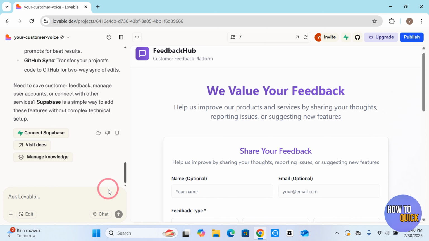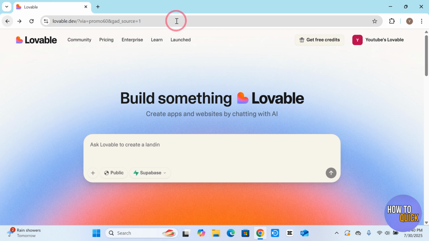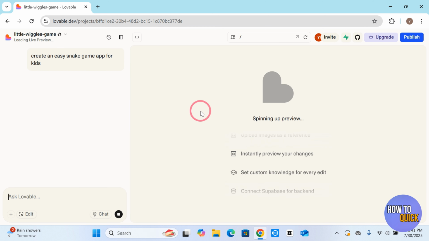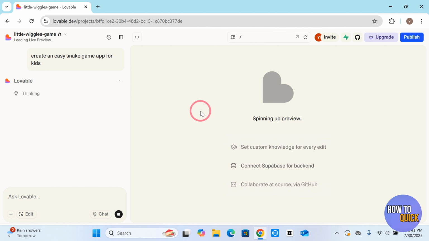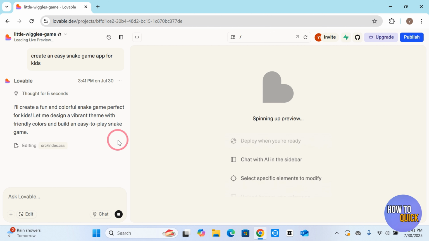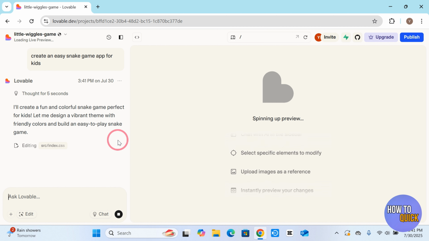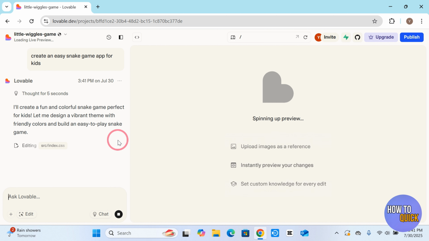Now, if you want to create an app, this process is very similar. You simply have to go to the chat box and here you have to create an app. For example, let's create an app for gaming. So I'm going to ask Lovable to create a gaming app. So I have entered create an easy snake game app for kids and pressed enter over here. And now it's just going to load all the data for me. So you have to wait for it to create the app, and let's just wait, whatever Lovable comes up with,